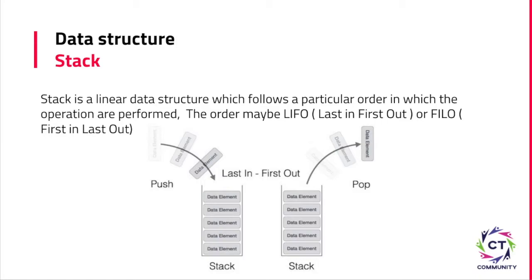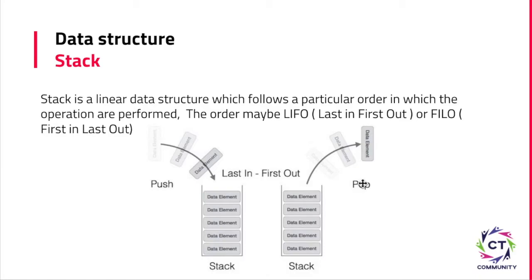So if I'm talking about a real-time example, think of an empty glass, and if we put some marbles in the glass, I can take out the marble which I put in last, right? So if we see this diagram, whatever data I'm putting in the glass or in the stack, that data I can take out first, like last in, first out. Whenever I'm pushing an element in the stack, we call it a push, and whenever we are removing an element from the stack, we call it a pop.